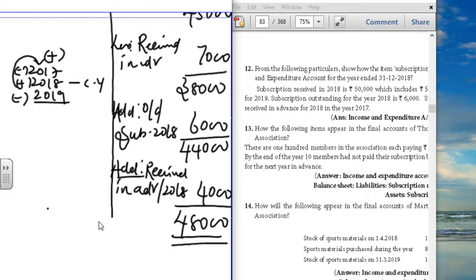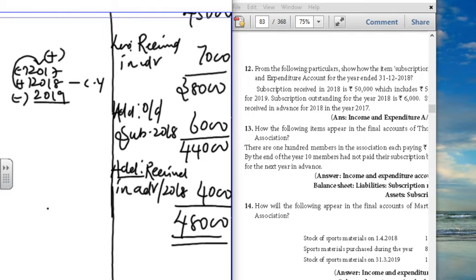Students, you have to be more careful while you are writing. First, you have to write the year. First, you have to find out the previous year, current year and the future year. Based upon this, you have to solve the problem. This appears only on the income side. When the problem is placed on the expenditure side, then your answer is wrong. Always in the income and expenditure account, the subscription will appear on the income side, the calculations must be in the inner column and the final answer should be in the outer column. So this is the method.